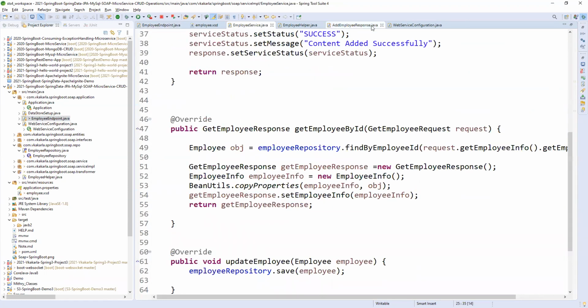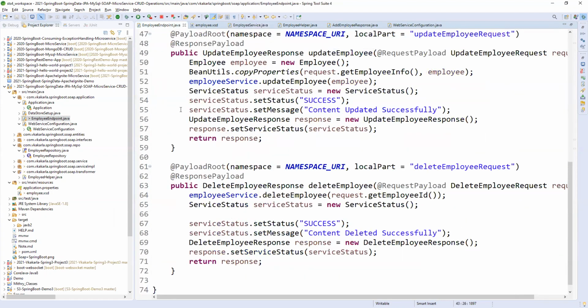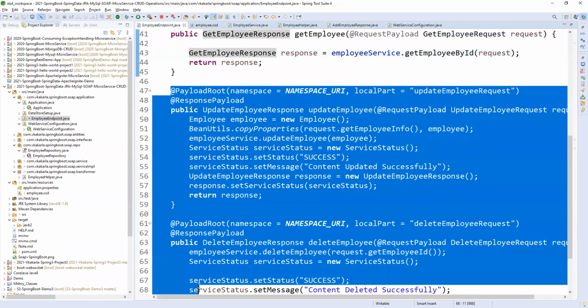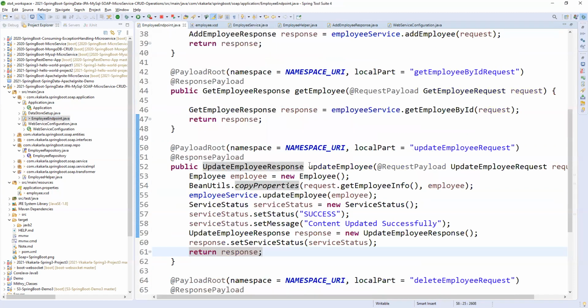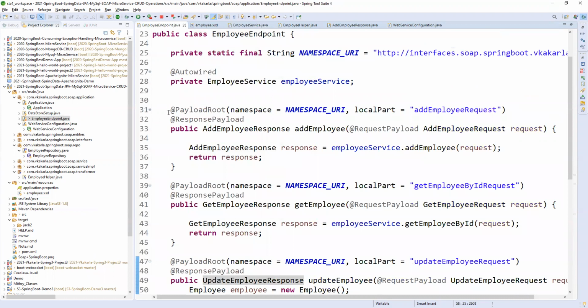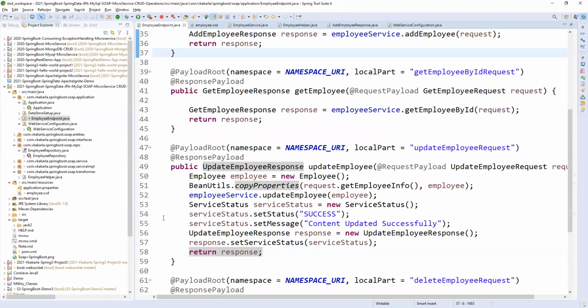Because in the endpoint, it is simply by seeing an endpoint. Where is that endpoint? Yeah, here the endpoint is there. By seeing these two APIs, we can know that the readability of this controller or endpoint is better than the readability of the remaining operations, update and delete operations. So it is better to write the business logic in the service layer instead of writing it here. So like that, you need to prepare. It is the recommended way of writing code.